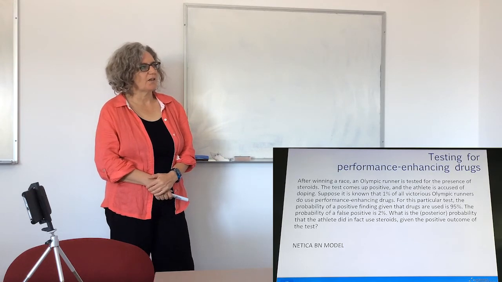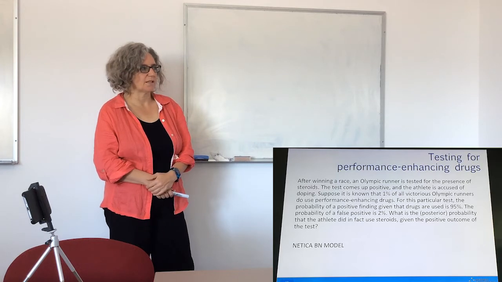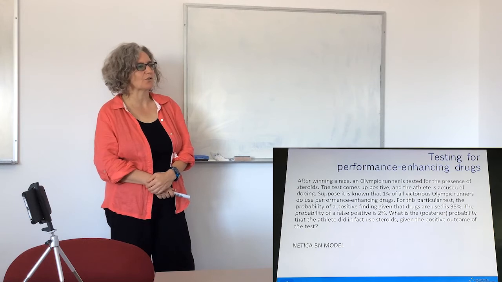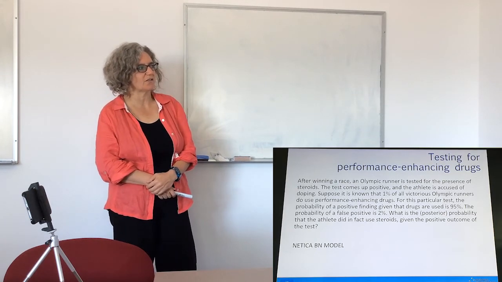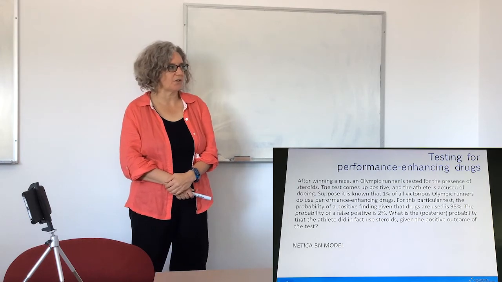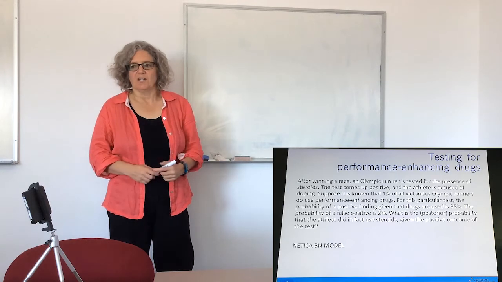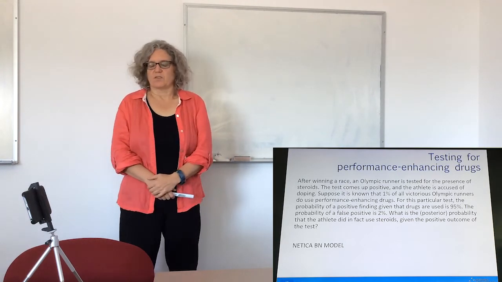After winning a race, an Olympic runner is tested for the presence of steroids. It comes up positive. It's known, how do we know, but anyway, that 1% of all victorious Olympic runners do use performance-enhancing drugs, and for this particular test, the true positive rate is 95% and the probability of a false positive is 2%. So again, now, what we do very simply, and I've got some slightly different slides that I'll talk you through in a minute,